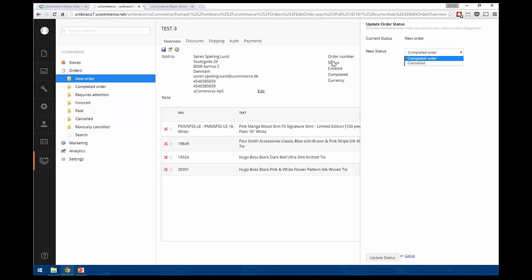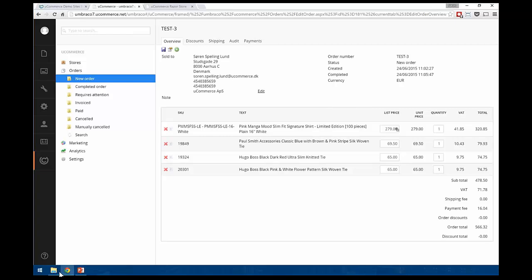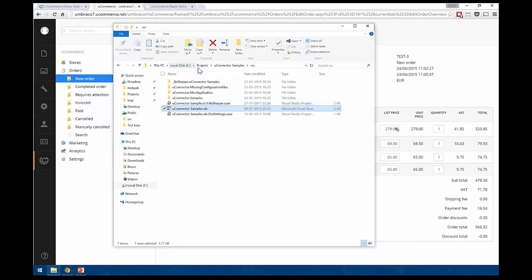And the premise here is that there are some events that you might be interested in the sales process or in the management process here, and each of those are managed by a pipeline. The pipeline is important because it is a very natural extension point in uCommerce where you can hook up custom logic. And so let me just show you a few of those.